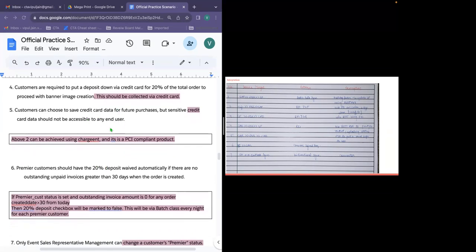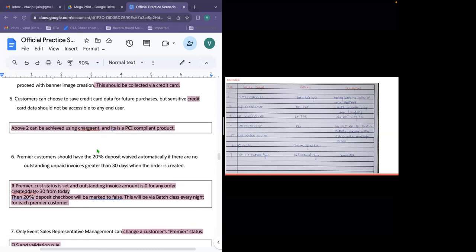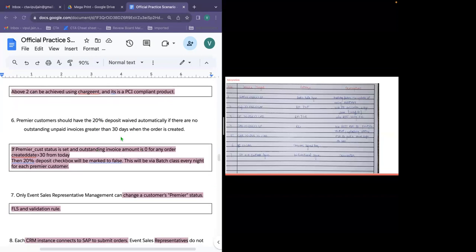And if a person would like to reuse the saved card, that tokenized information will be used, and only the last four digits will be visible. Using that, they can end up choosing the card to do future payments. For premium customers, there would be a pick list on the account record itself,